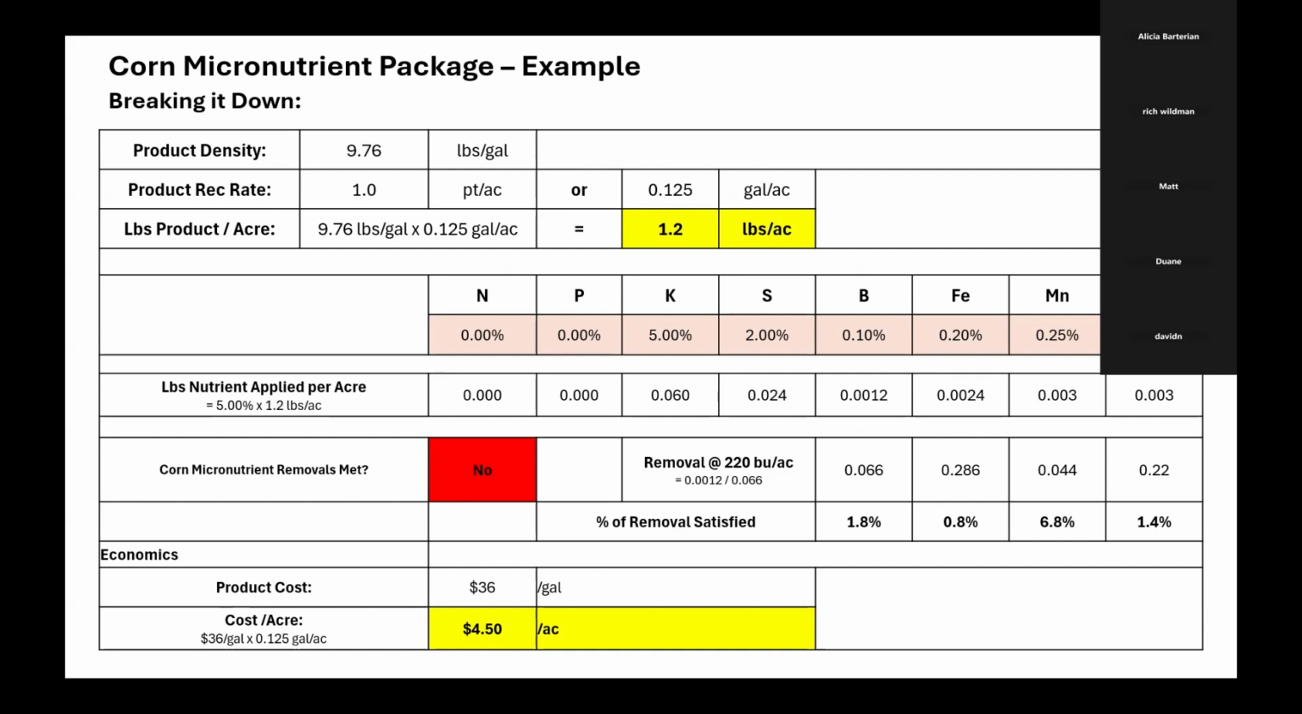So then everything has a cost tied to it. This product here costs $36 a gallon, and I broke it down to $4.50 an acre to use this micro pack. Part of it also is that there are not a lot of recommendations